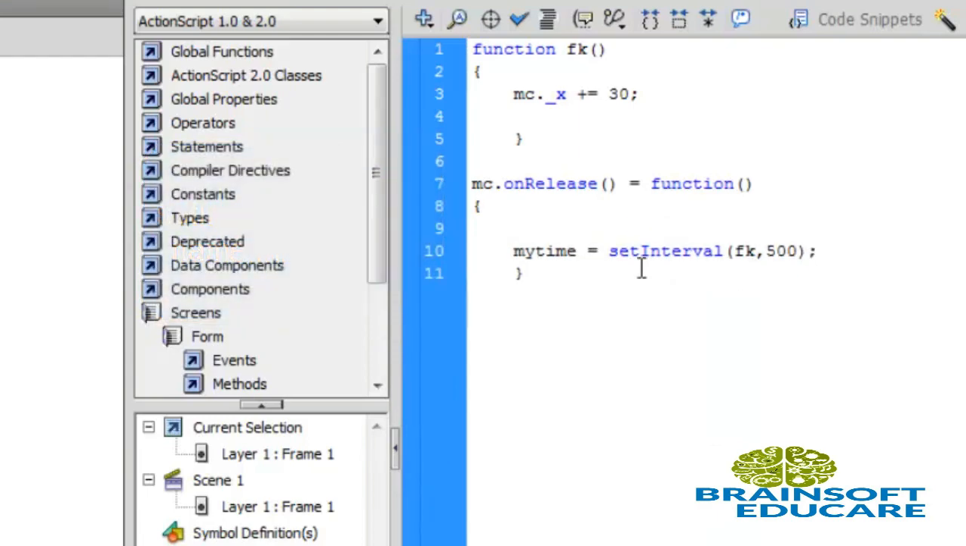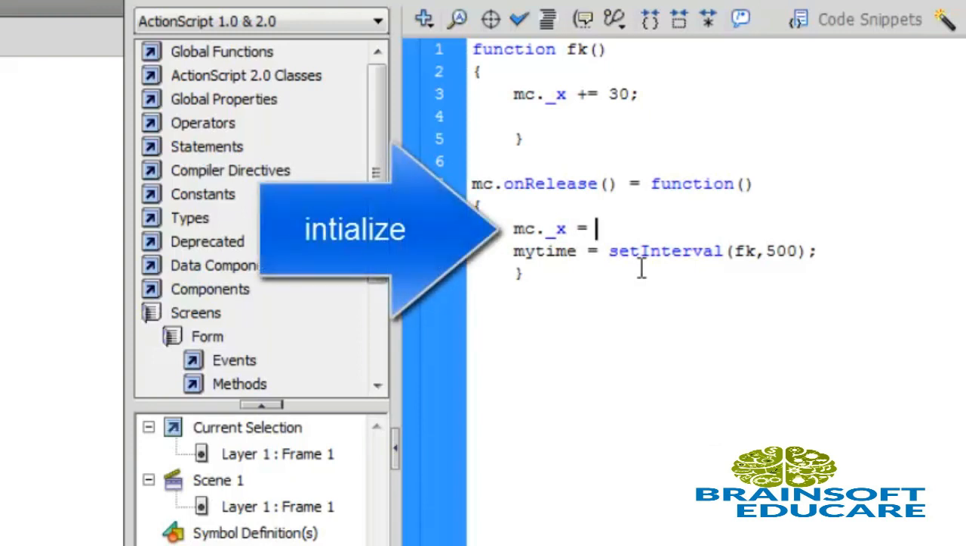And we also need to write here, declare the MC dot underscore x, means x position of our box, which is on 50. Okay,